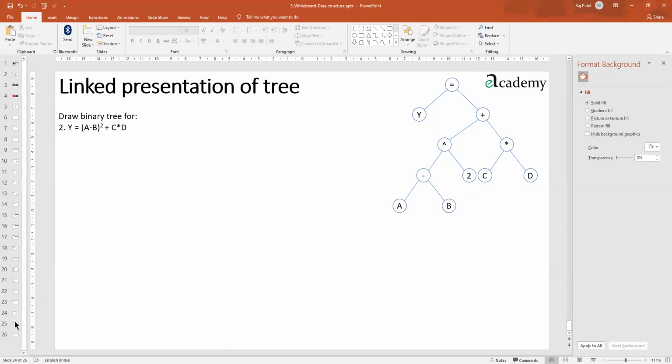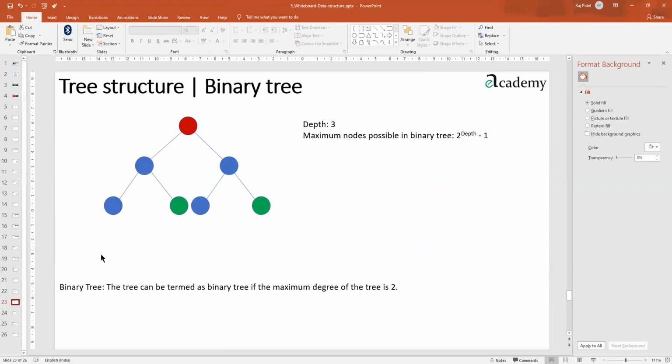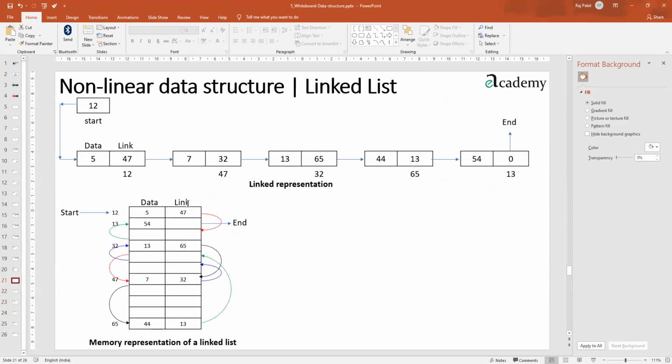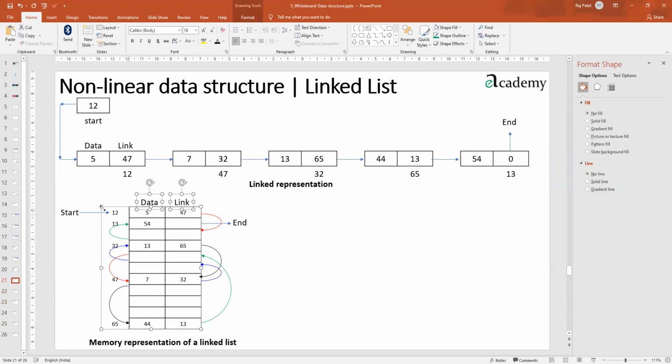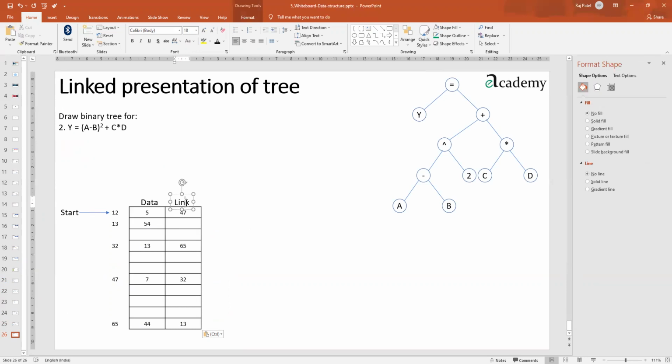Only thing is I am not going to draw those kind of connecting arrows, because if we draw that, it will not become understandable. So it will be this kind of arrow itself. In this case, it's much simpler compared to the earlier part. Here also we have data, and instead of a link, we call it left and right.